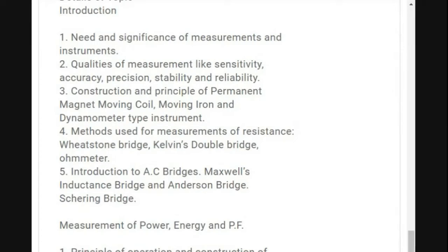So, welcome students. In section 1 of the IMI class, we have seen the need and significance of measurements and instruments. Why are we doing these measurement processes? What is the basic importance of measuring instruments? How is the measurement process done? We have also seen that if we have measuring instruments related to electrical quantities, what care should be taken so that they provide you good results.